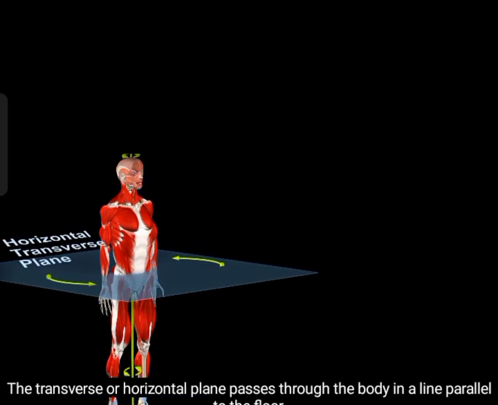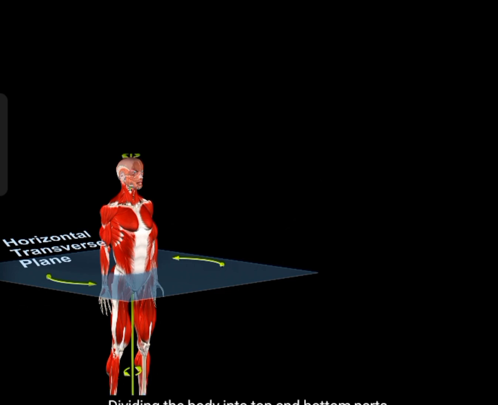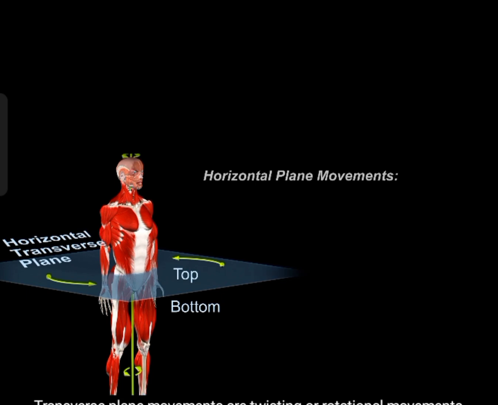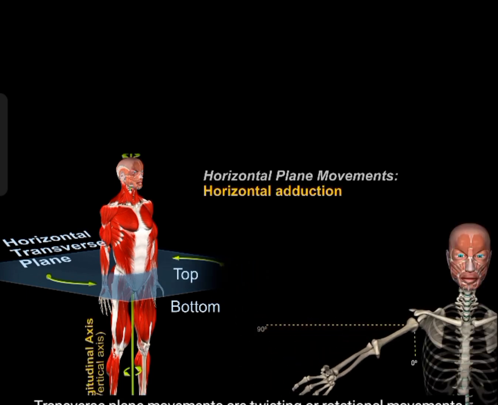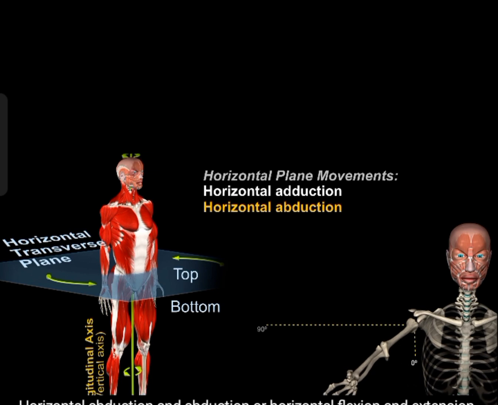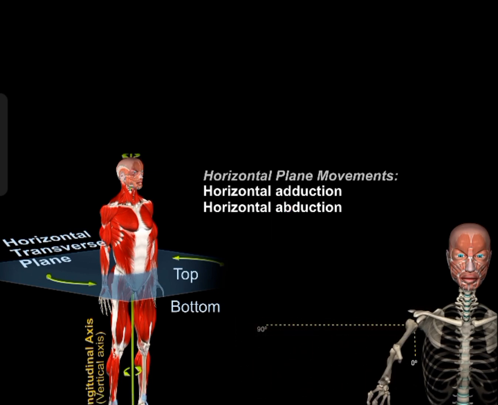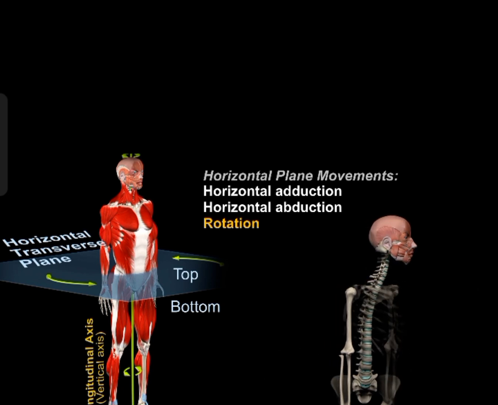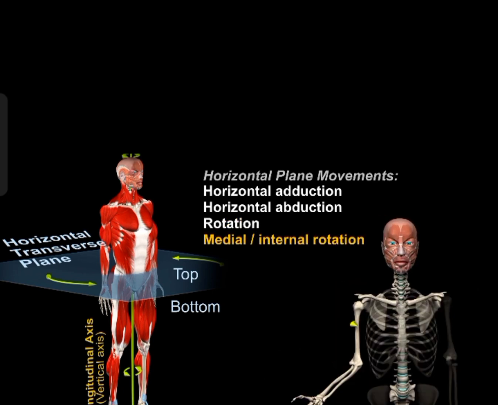The transverse, or horizontal plane, passes through the body in a line parallel to the floor, dividing the body into top and bottom parts. Transverse plane movements are twisting or rotational movements. For example, horizontal adduction and abduction, or horizontal flexion and extension. Spinal rotation. Internal and external rotation